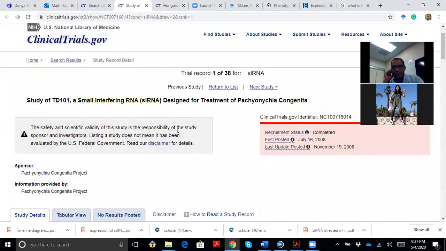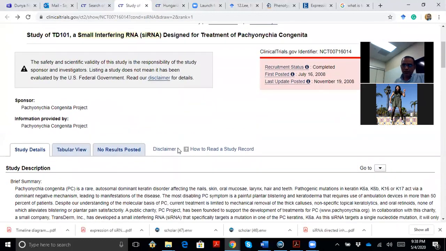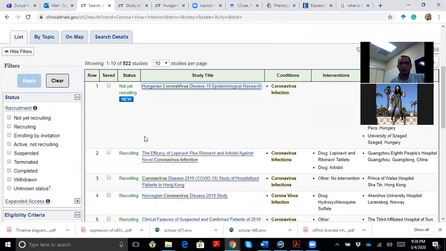So why do I need this information? I want to emphasize this point that coronaviruses are a big trouble for the medical community, and many have tried different approaches for the treatment, right? But there are very limited studies for the siRNA, so this is a new area where the scientists should focus more. That's what I mean to say.